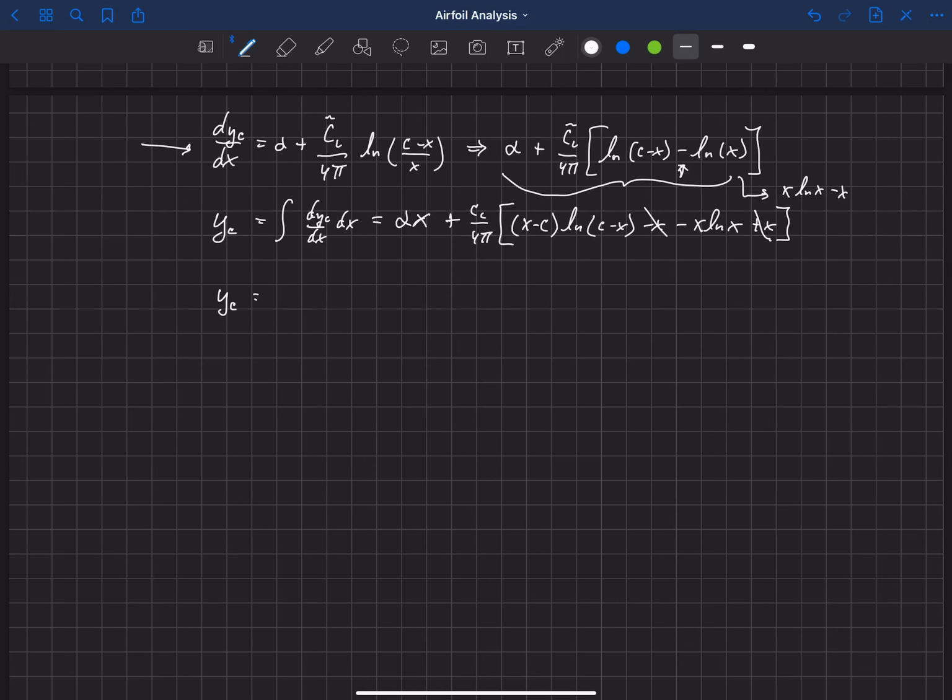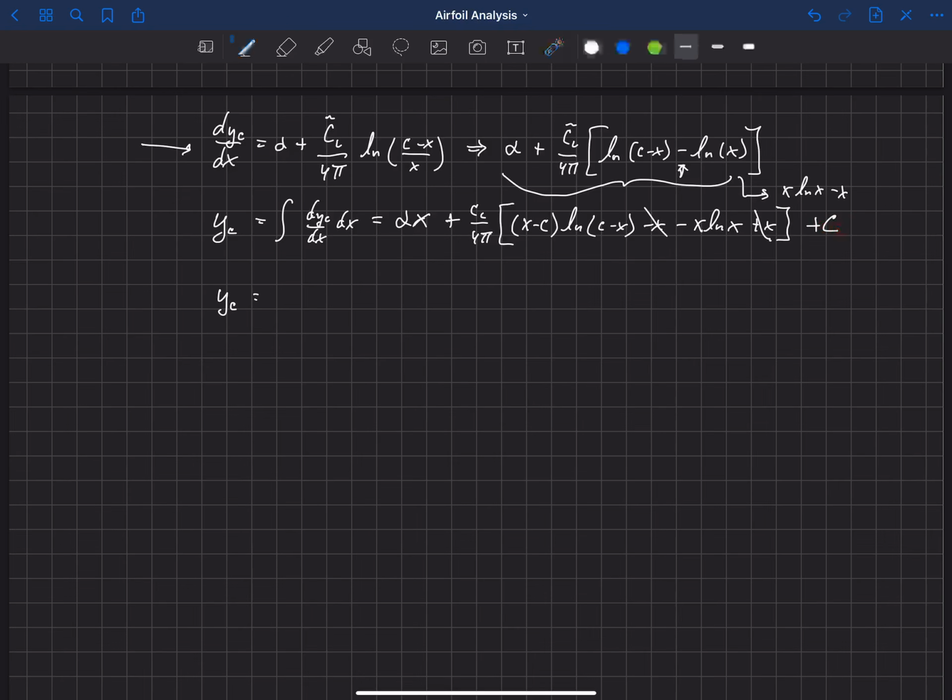So y of c, oh, and we forgot our integration constant up here, plus c. So each of those integrals will have some constant. They're inside of the parentheses here, but we can multiply them by some constant, and it's still just a constant of integration. So I'm just moving that outside for the time being. Okay, so we can clean this up here.